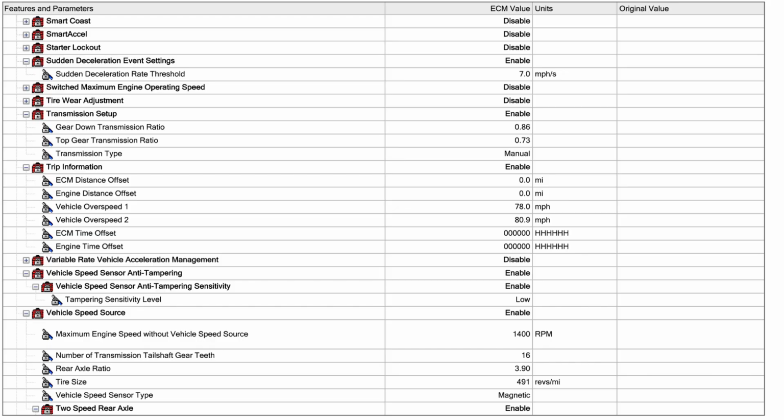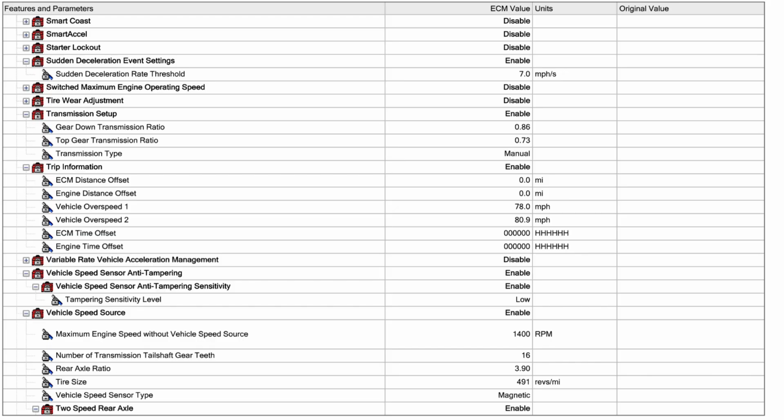Trip information. What this is right here is there's two different functions you set in here. Let's go to vehicle over speed 1 and vehicle over speed 2. You see the miles per hour to the right? So when I go in and pull all the information out of the ECM, say the truck comes down for us for repairs and it's had a new driver in it for 3 months, I pull the trip information and look at it. And if I set vehicle over speed 1 to 78 miles an hour and the driver drove